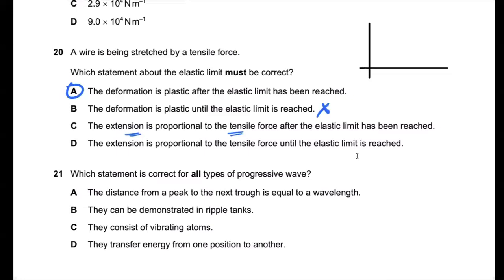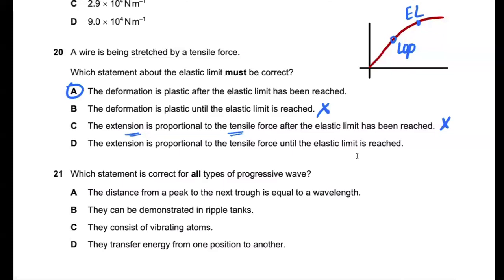So if I just make a small graph here. The graph looks like this, and then it goes like this, and then you have something else here. So in this case, if we look at this, again, let me redraw this. So it's a straight line, and then it curves, and then it curves again. So this is probably the limit of proportionality, and then you have the elastic limit. So it says the extension is proportional to tensile force after the elastic limit has been reached. So after the elastic limit, we don't have proportionality really. So that's why this one is wrong,